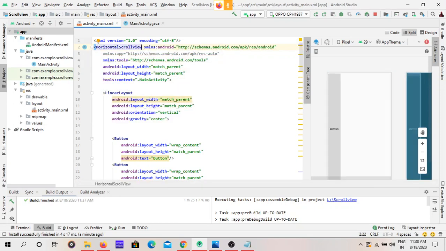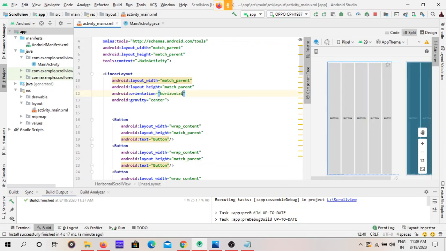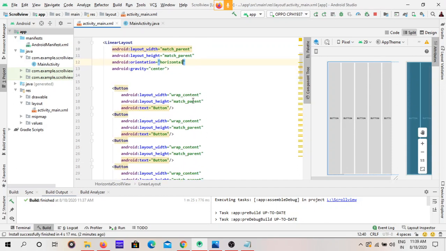The same concept, but we are just changing the scroll view to horizontal scroll view. Okay, make this a horizontal orientation. Because the height is match parent for the buttons, we have to change them to wrap content.